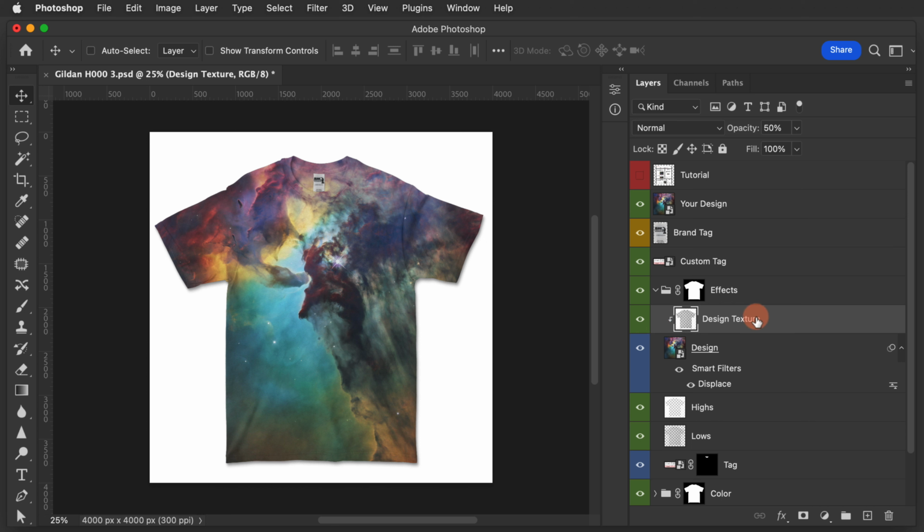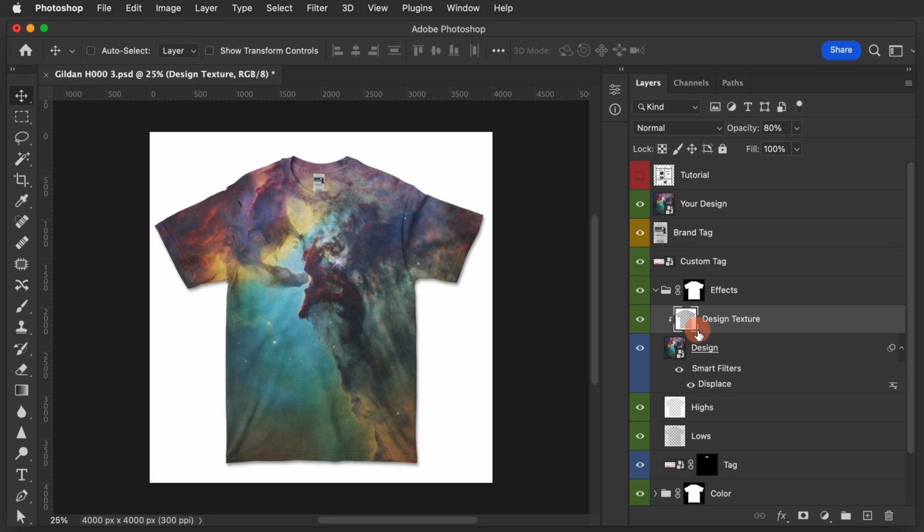So let's take the opacity on this layer up to 80%. So now we can see the fabric a lot more clearly, but the design looks kind of washed out. If we turn this off, see the design is a little bit more colorful, has a little bit more contrast. So the way we address that is with a brightness contrast adjustment layer. It's pretty simple to do.